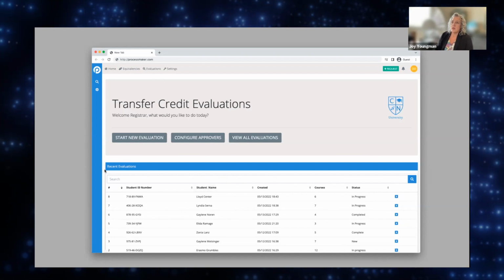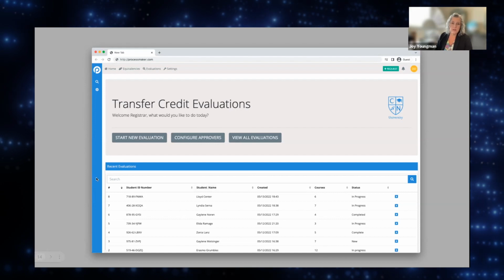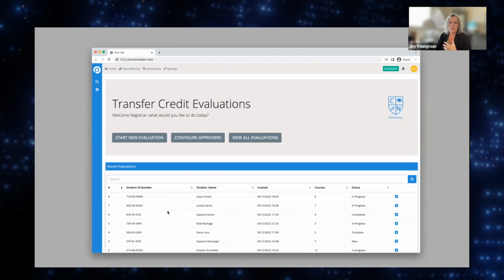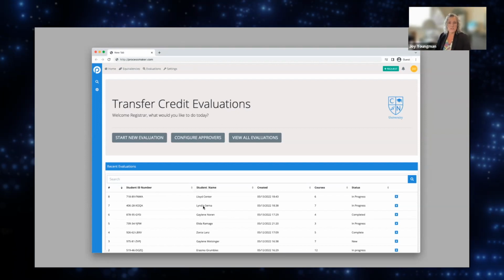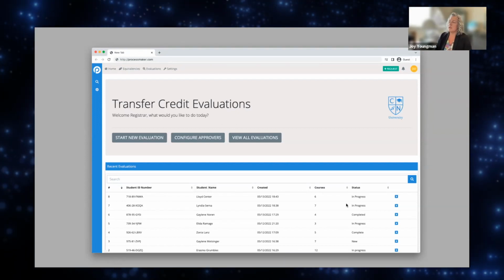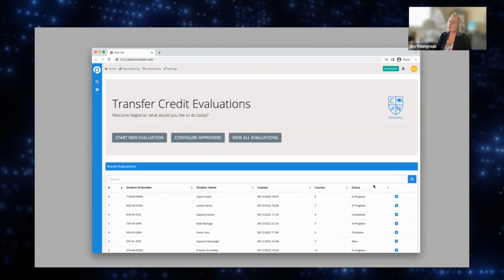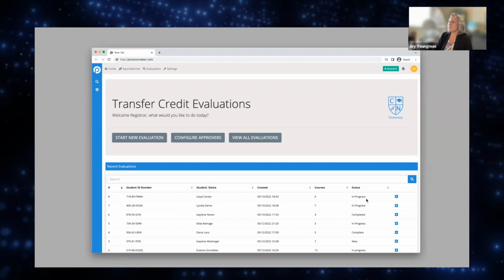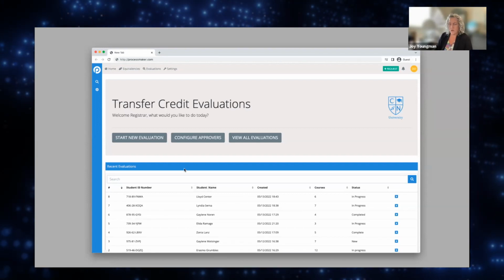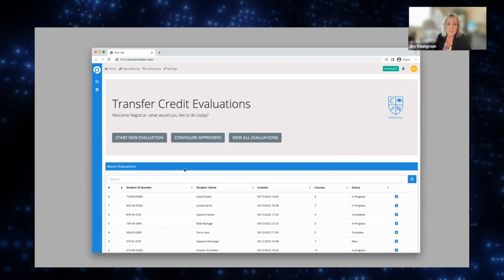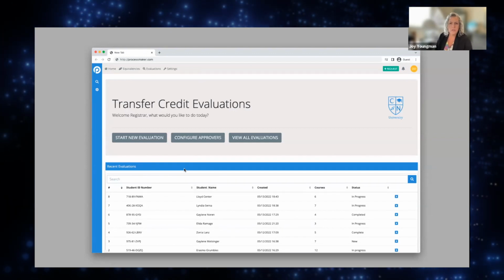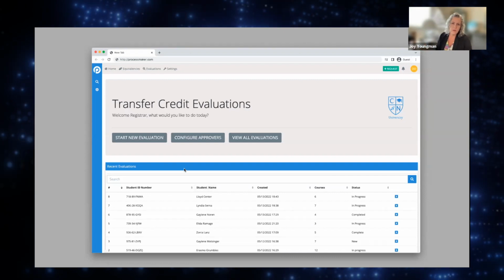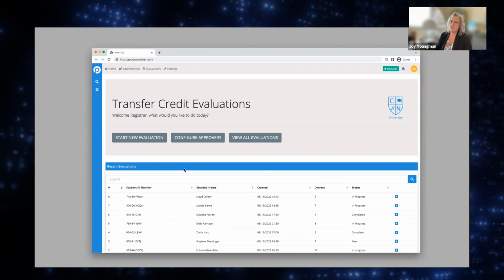The next section below is called recent evaluations. This is a quick view on this workspace that shows the most recent evaluations that have been added to the system. The data displayed here is also configurable, but we can see the different students and the status for each of the evaluations. These columns are configurable. They're intended to give a quick overview of how many courses are being evaluated and their current status, but you can search,